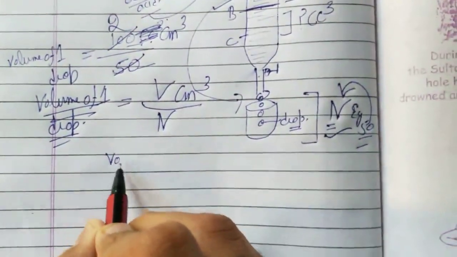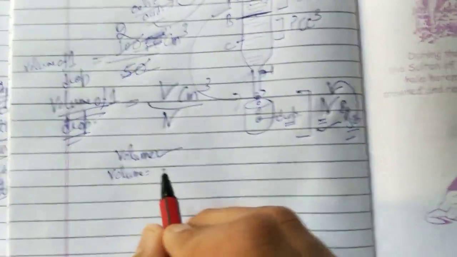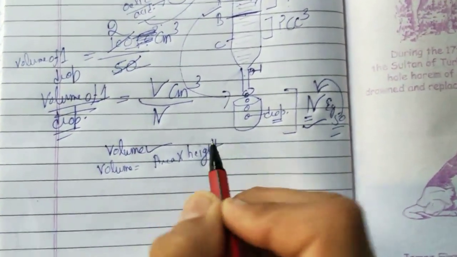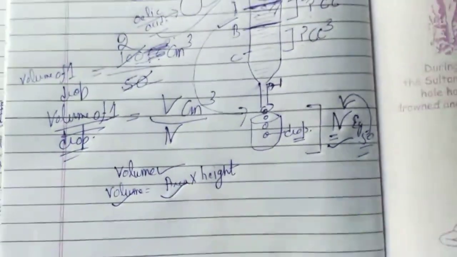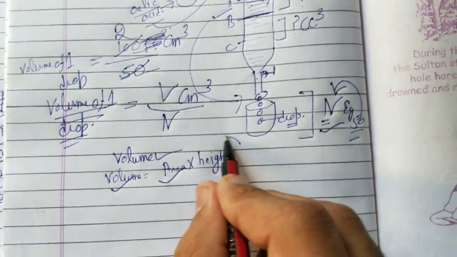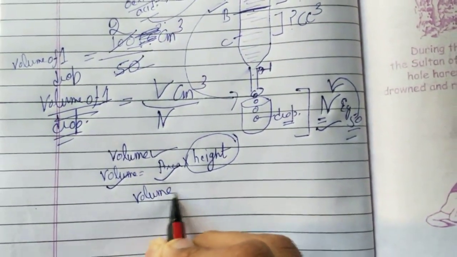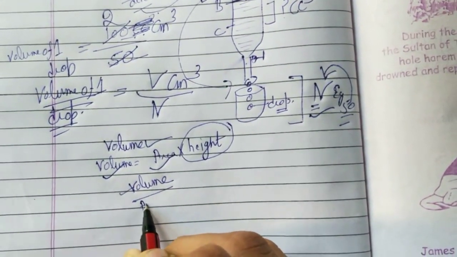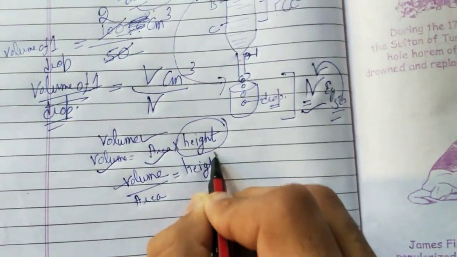So we have calculated the volume in step number 1. You know the formula of volume is area into height. You have already calculated the volume. Suppose in step number 2 we calculate the area, then what will we be able to find? We will be able to find the height. Volume we already calculated in step number 1, sorry. In step number 2 we will calculate the area, and what we will get? We will get the height of the molecule.